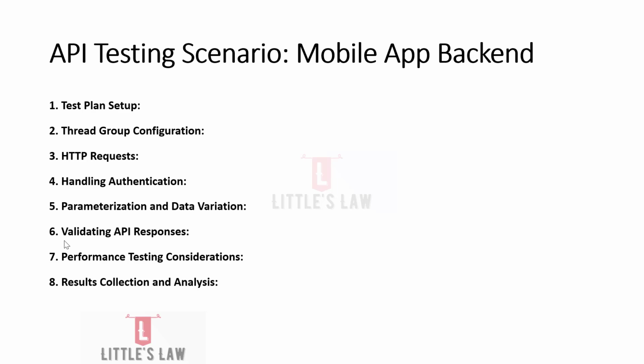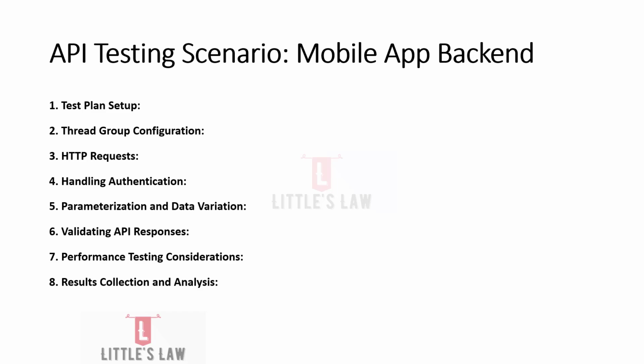So we have to configure the JMeter to save the test results using listeners like aggregate report or the summary report or view results tree. And then we have the ramp up and load testing, where we adjust the ramp up time and thread count in the thread group to simulate different user